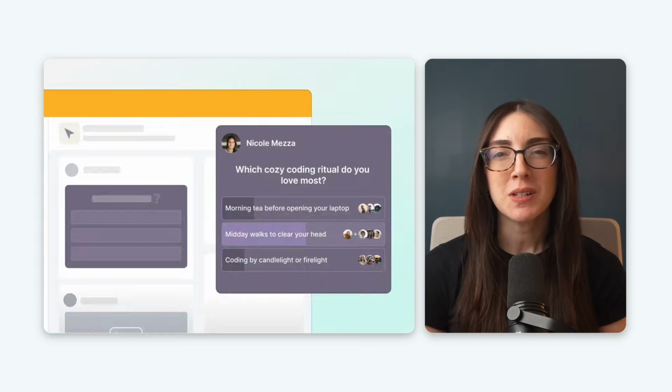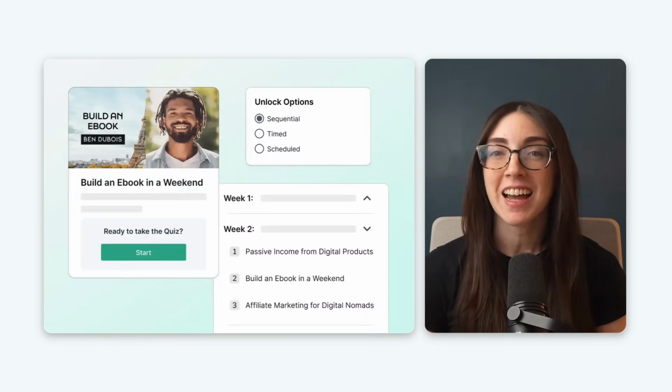Free trials are great, but they can't fully show you what it really looks like to use a platform long term. So if you're considering Mighty Networks as your community platform, then today I want to show you examples of its most important features so you can see exactly what it looks like and decide if it's really the best